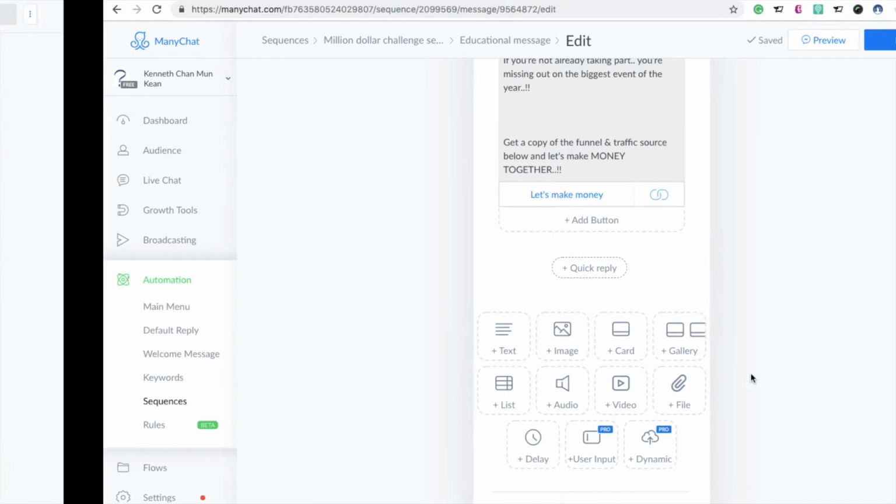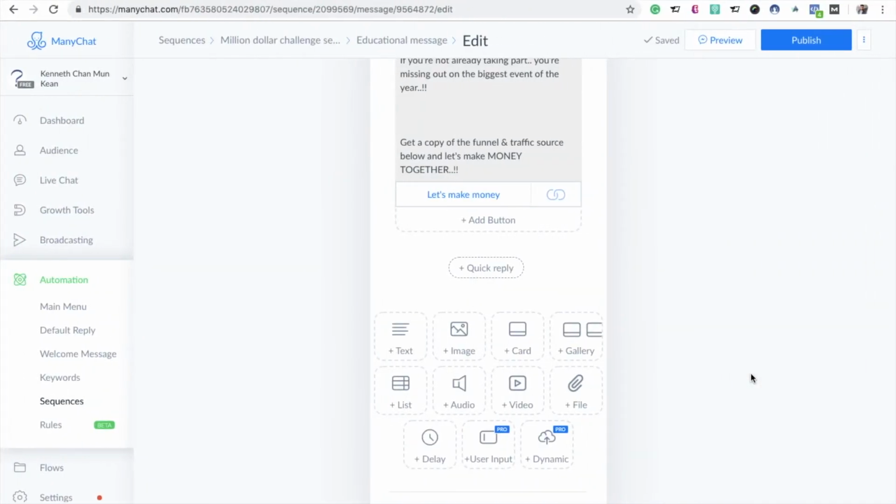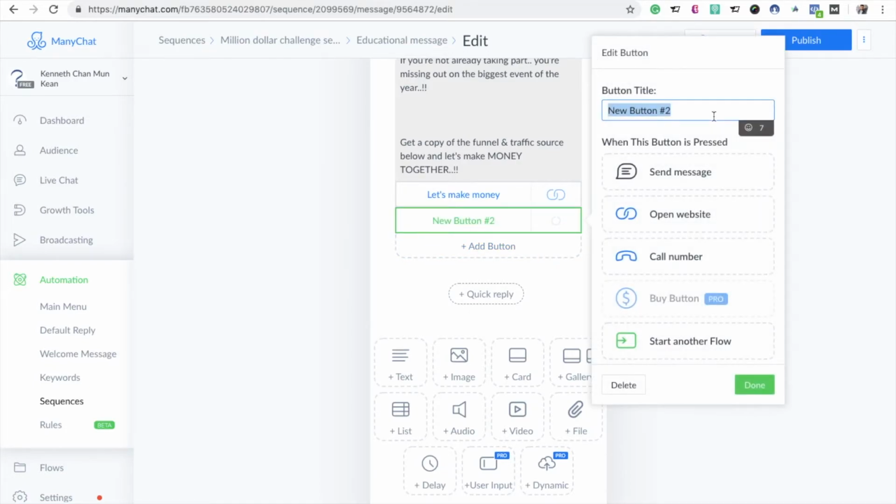Now the other thing is that we have to give people the option of unsubscribing. What if they don't want to buy it? We cannot intrude on someone's personal space and just text them again. So we are always going to give them an option to unsubscribe. How to do that, I'll show you. If they click on let's make money, they'll be redirected to your page. If they want to unsubscribe, we can create a button for that. So what I have done is